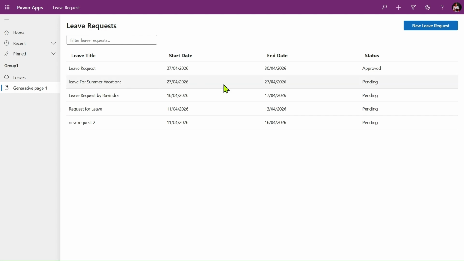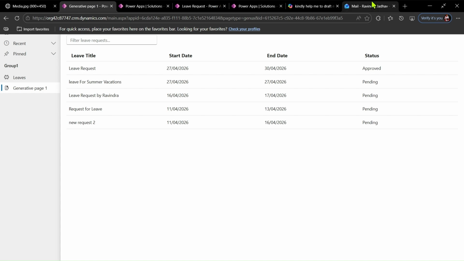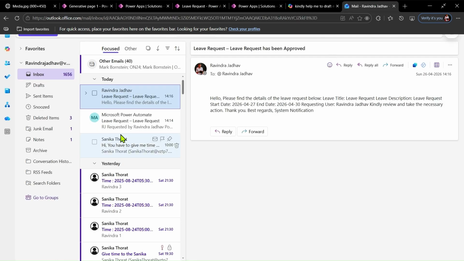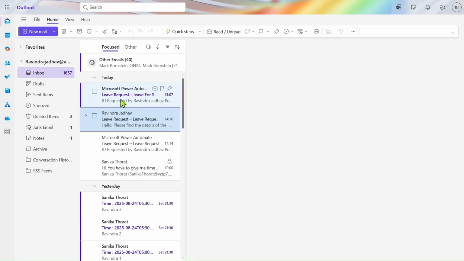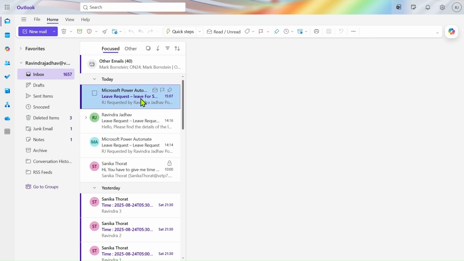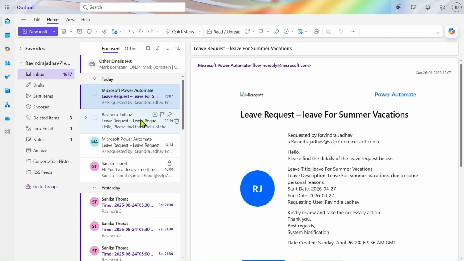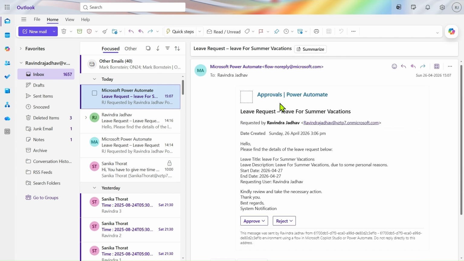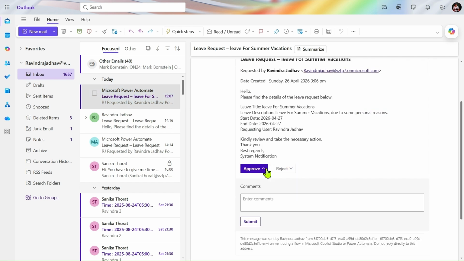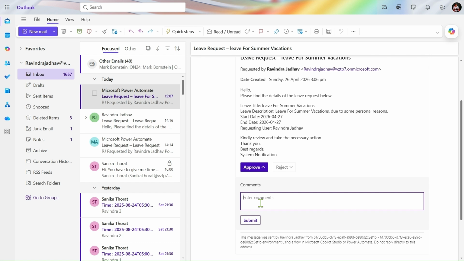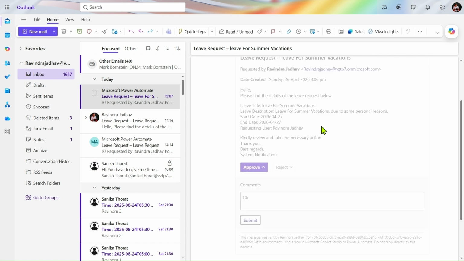So now you can see I just created one leave request. Now let's go to my Outlook. For this, we have built the Power Automate flow for approval and rejection. So you can see I just received the Power Automate flow. On the basis of that, the manager can approve or reject the leave by adding comments. So here I just approved, and now if I go to